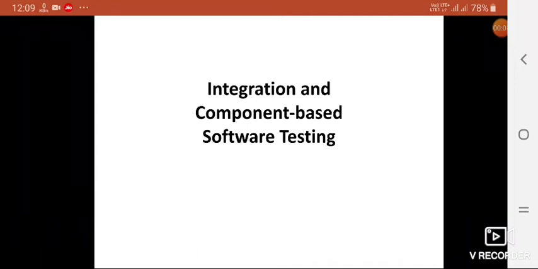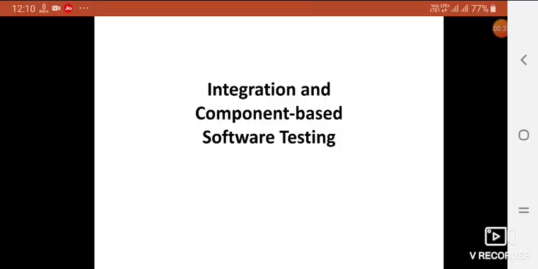In previous videos we covered some concepts related to module 4, right? Module 4 deals with theoretical concepts of software testing, especially the last part, documentation and reporting. Once you've done all your activities, you have to document all your activity in the form of a report. In the last video we did discuss that.